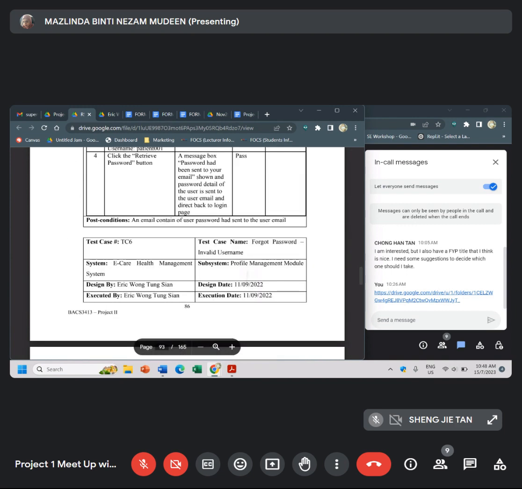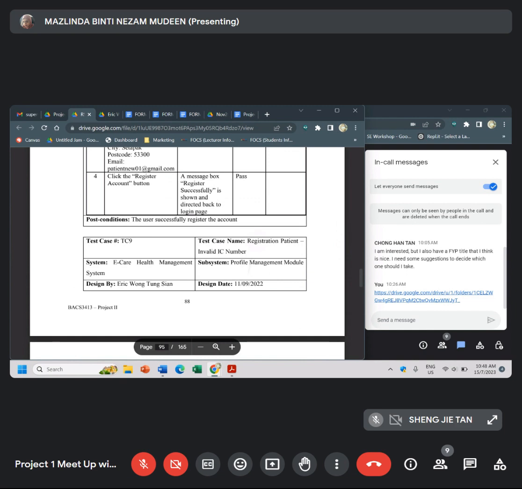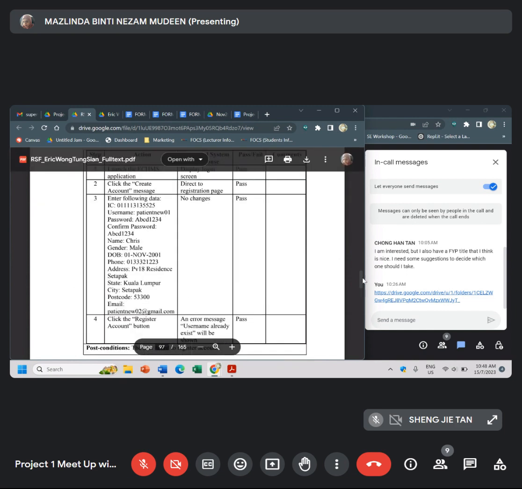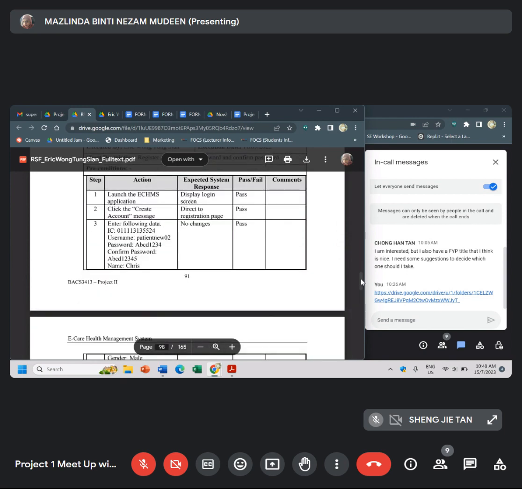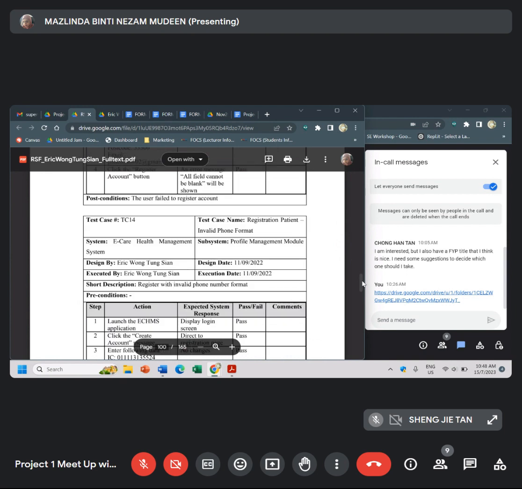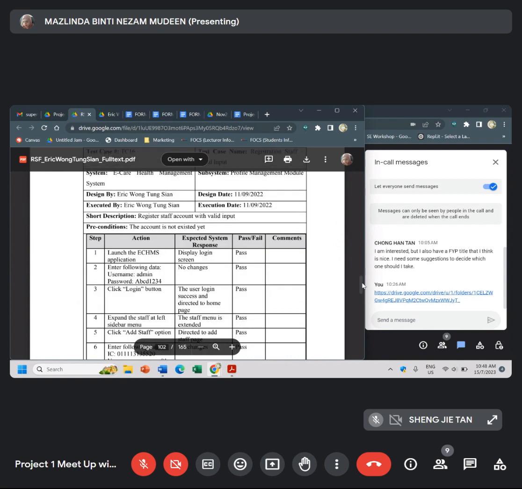Okay, so all this is the test case. There is no limitation of test case number because it follows your functionality and your positive and negative test cases. Positive and negative means to see the success of the functionality and also to see the error handling of the functionality.